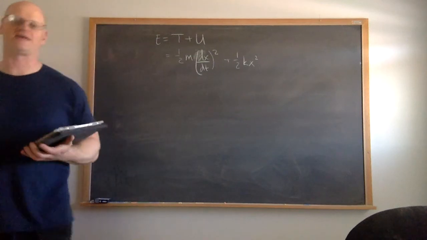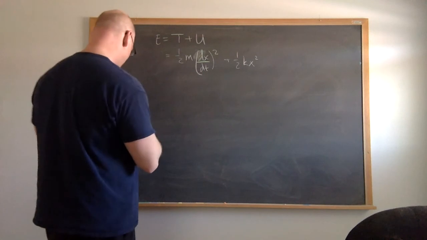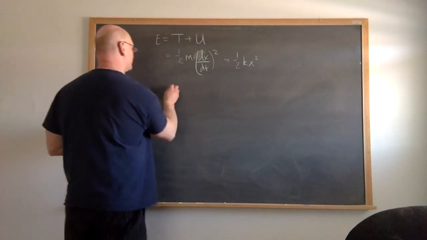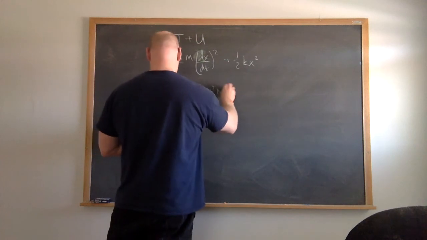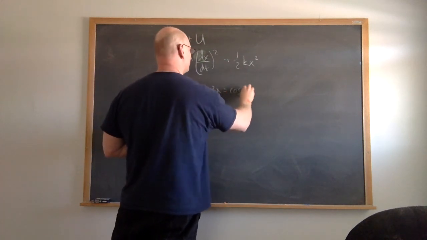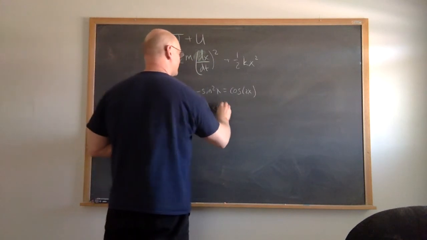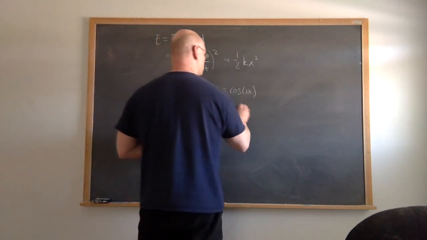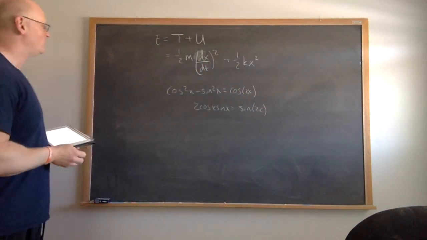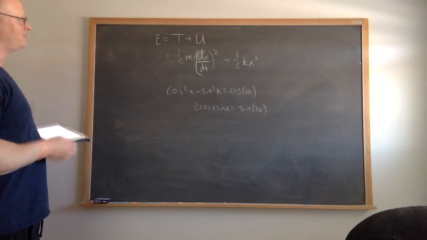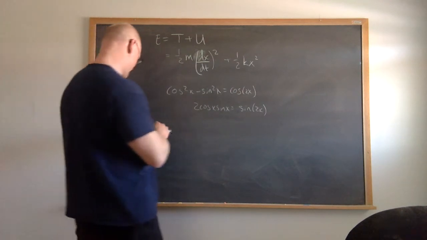I'll let you fill those in, but basically you'll have to use a couple different trig identities. The first trig identity you're going to need is that cosine squared of x minus sine squared of x is equal to cosine of 2x. And that 2 cosine of x sine of x is equal to sine of 2x. So using those in the definition of beta and omega 1, what we finally get then is that the total